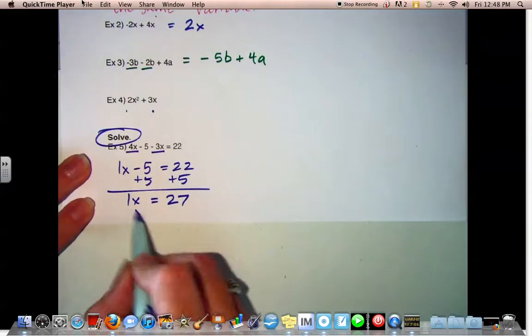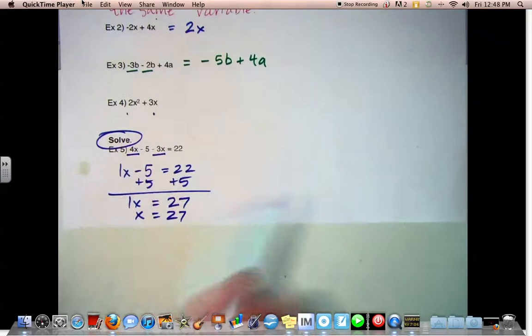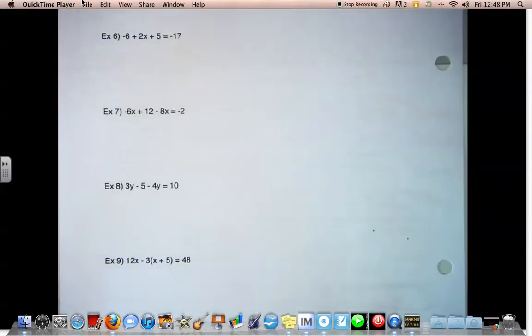It is the same thing as x equals 27. I really like this. Yay. Alright, example